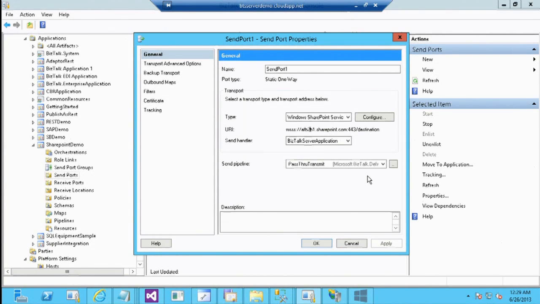If he's on SharePoint, he gets an email or a notification saying that here you have something to be approved. So there can be a little workflow within SharePoint where he can click on approve and it comes back as another message back to BizTalk to continue its job. Now I don't have to worry about where this approving authority is located. He can be on-prem, he can be sitting at home, or he can be sitting on an airplane. As long as he can access Office 365, he can access my business process, right? So all that BizTalk needs to do is post to SharePoint and get back a response from SharePoint.